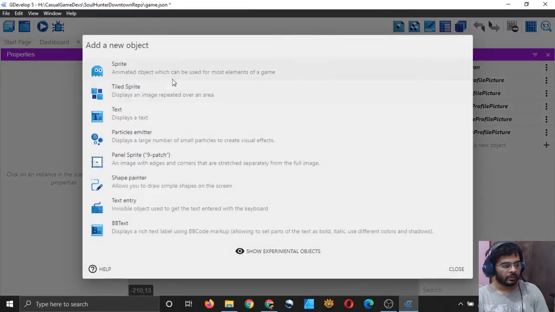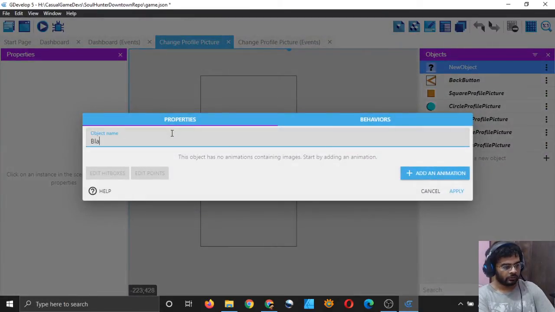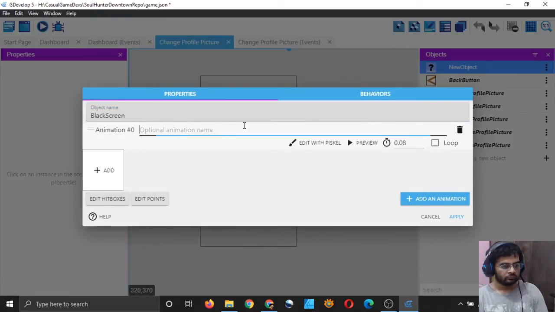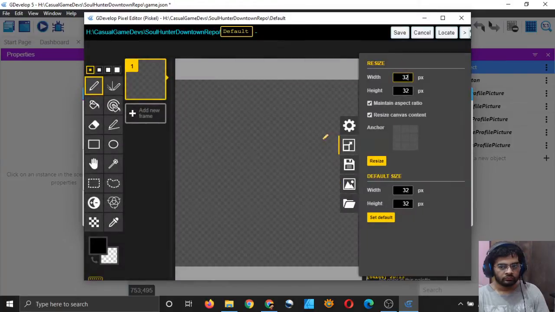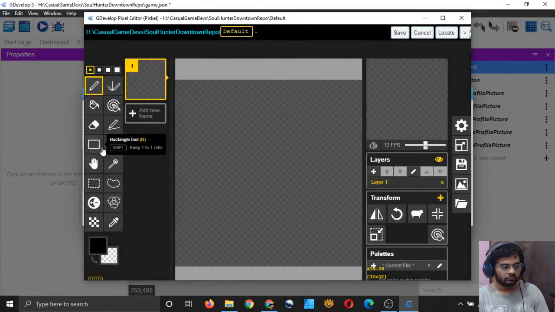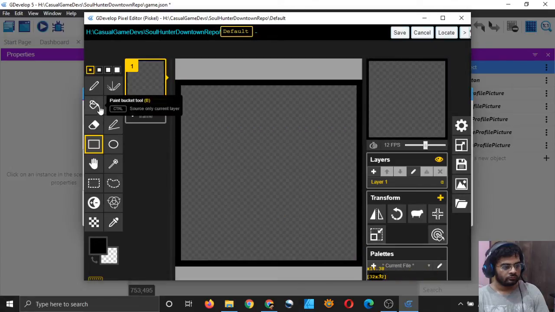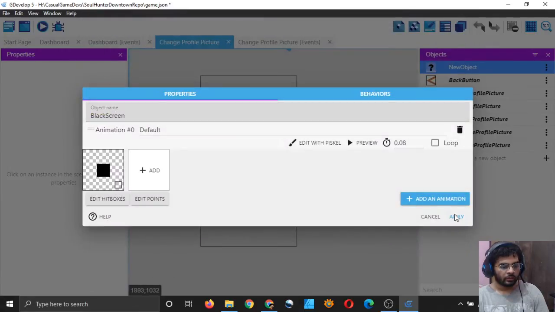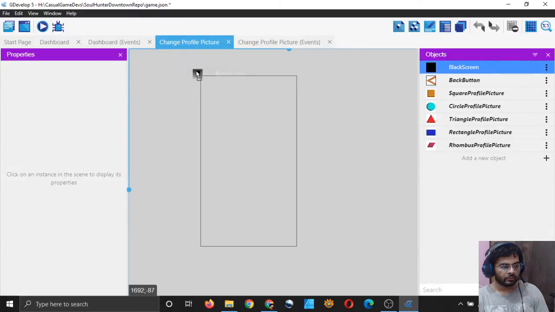I need a black screen, so I will make one. Save and apply and bring it here.